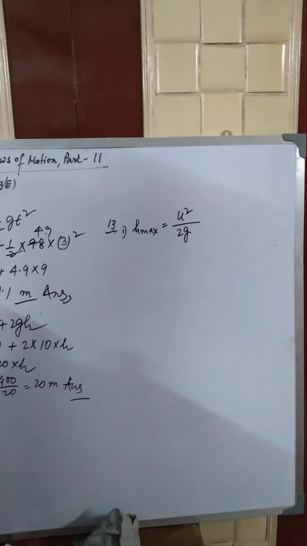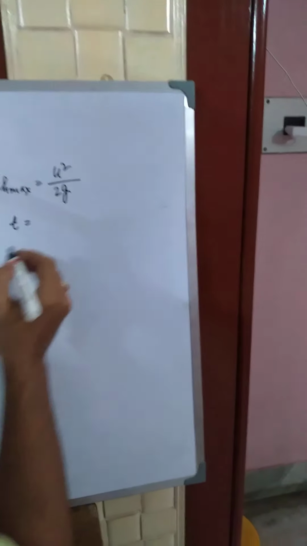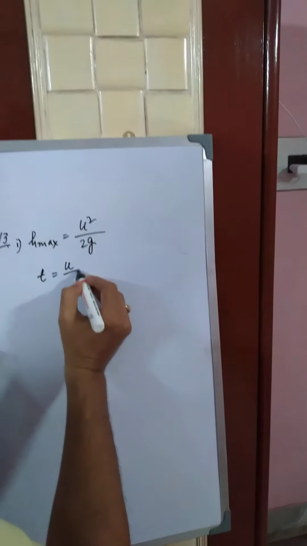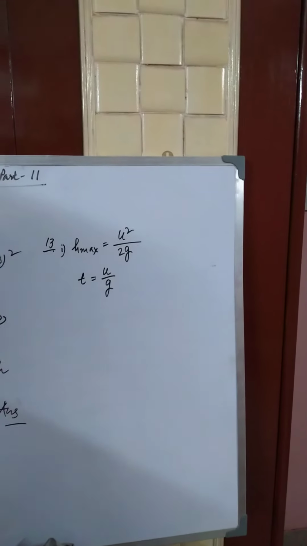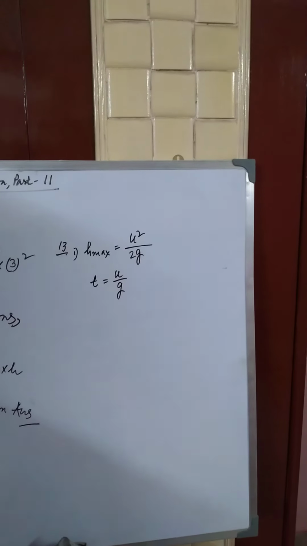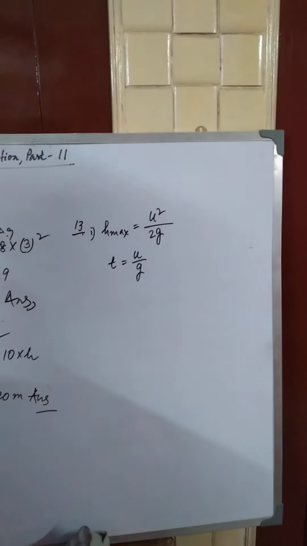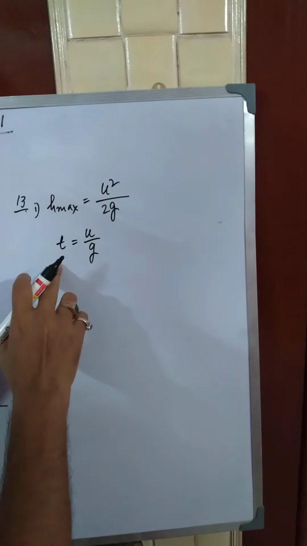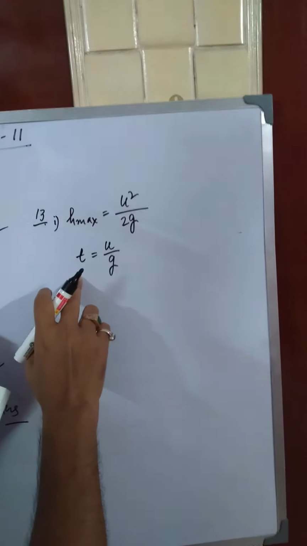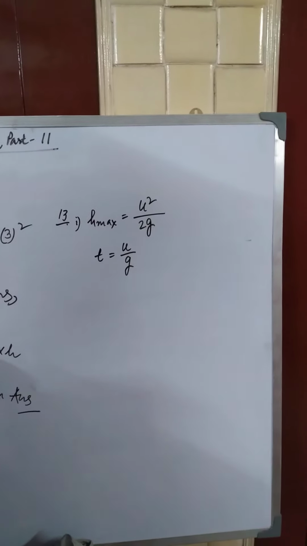You have to use these two equations. Another equation to reach the certain height is T equal to U by G when you throw a stone in the upward direction. So the time duration T is equal to U by G. Now you see this particular question: the greatest height reached by the ball, the initial velocity of the ball. So from these two equations you have to find it out. Now you see that it returns 6 seconds later. So you have to calculate the total time duration.